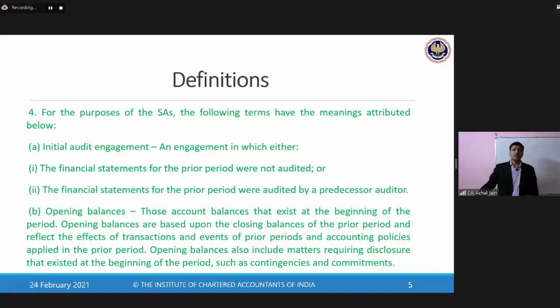Let's try to understand the opening balances. These are the account balances that exist at the beginning of the period. Opening balances are based upon closing balances of the prior period and reflect the effect of transactions and events of prior periods and accounting policies applied in the prior period. Opening balances also include matters requiring disclosures that existed at the beginning of the period, such as contingencies and commitments. Third,